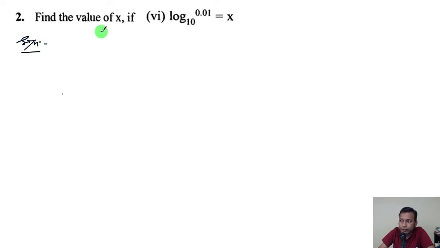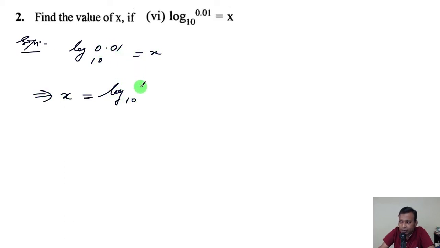We have to find the value of x. If log 0.01 to the base 10 equals x, then x equals, this is in the decimal form. So when it is in decimal form, we write it in the p by q form, rational form. So 0.01 means 1 by 100,